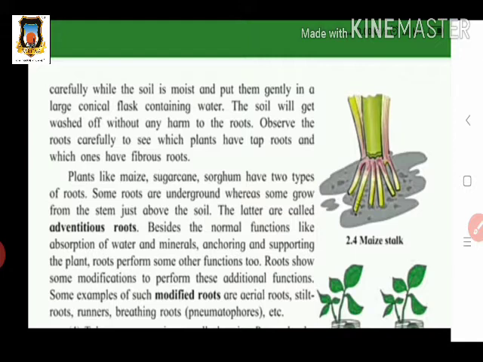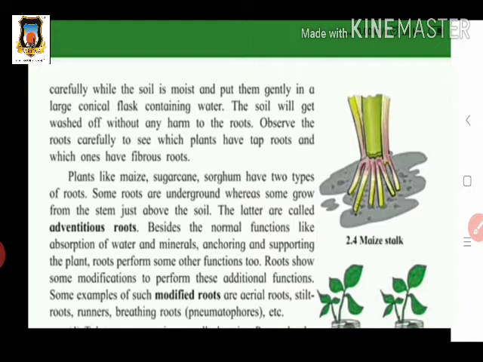Here you can distinguish by observing these types of roots and classify them into taproots and fibrous roots. So here we see the first 2 types of roots, that is the fibrous roots and tap roots. Next we see another type of root. Which type of roots are there? If we see in the image, that is the adventitious roots.